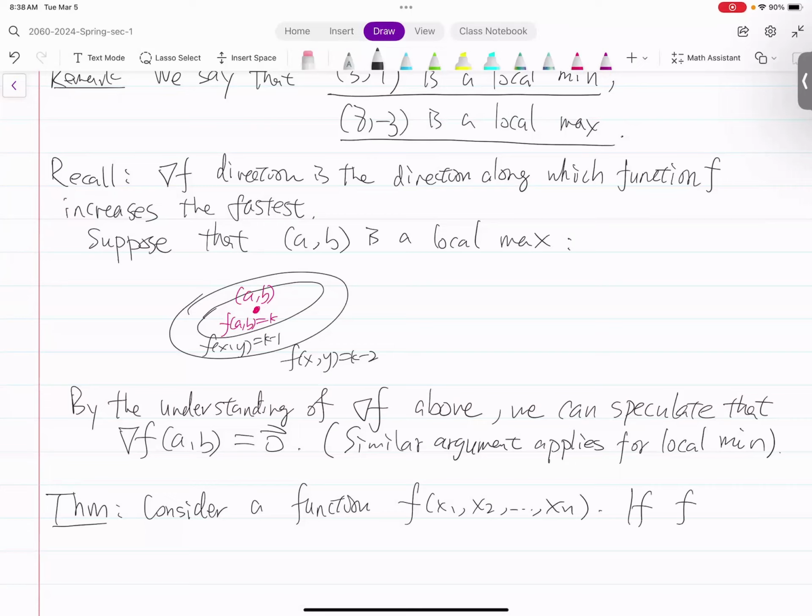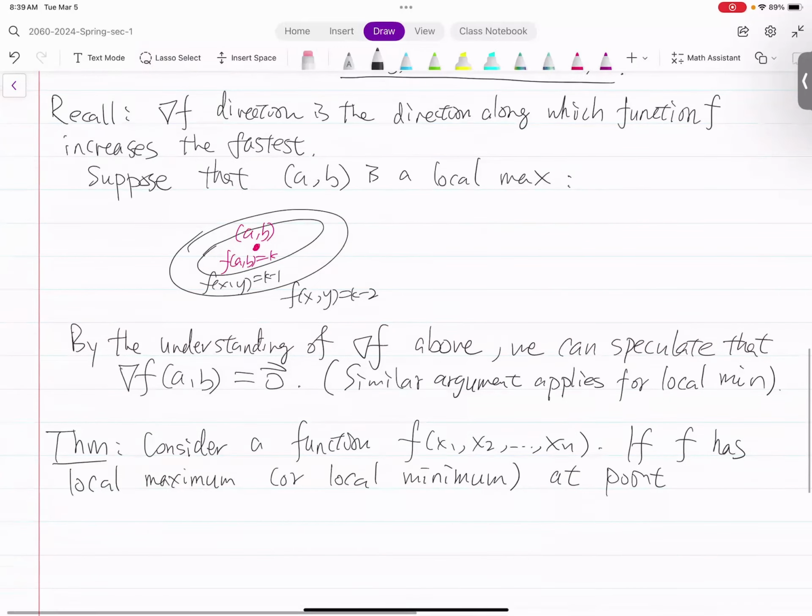If this function f has a local maximum or local minimum at the point (a1, a2, all the way up to an), this ordered tuple,